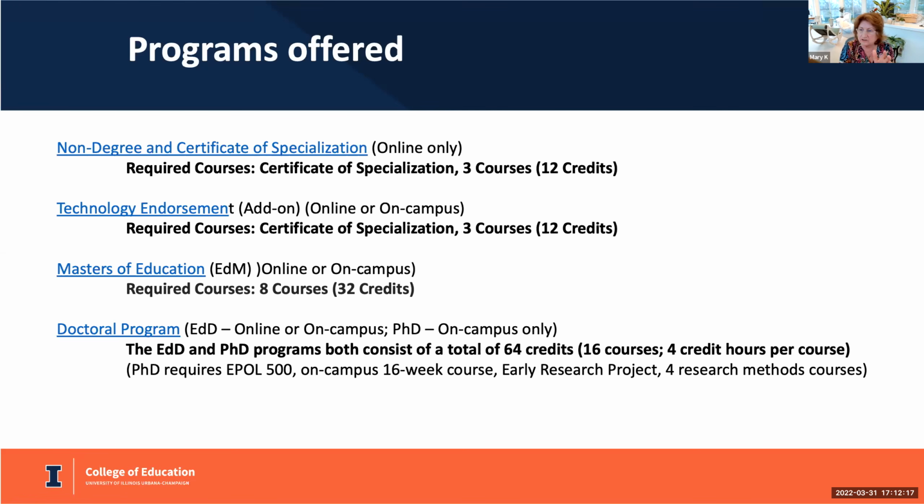The online doctorate, of course, you can do online from anywhere in the world, but the on-campus PhD has different kinds of requirements. It involves another research project and 4 research methods as opposed to 3 or 2. So it's slightly different, but you can find out more if you look into the program details on our website. But you can see there that there's a range of options in terms of the programs that are offered.